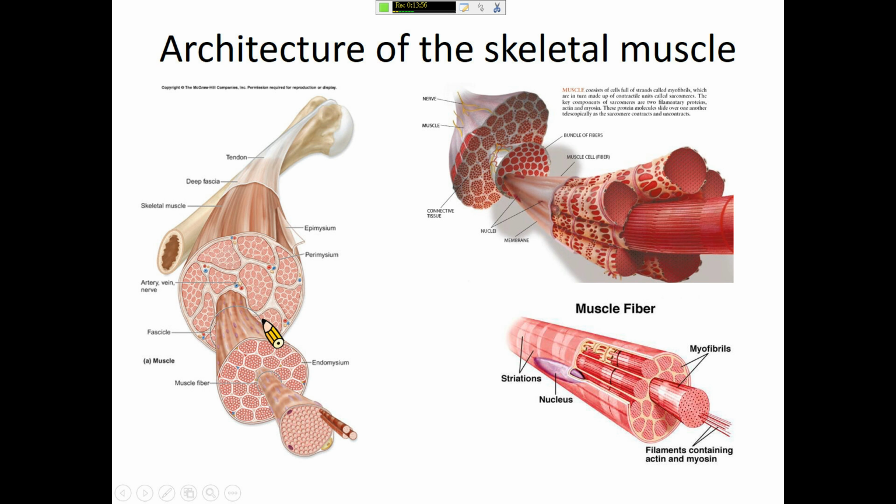In that case, when the signal arrives, all of the muscle fibers will contract at the same time. So depending on the type of nerve, some nerves only activate a very small number of muscle fibers,